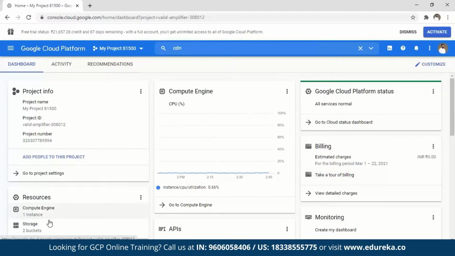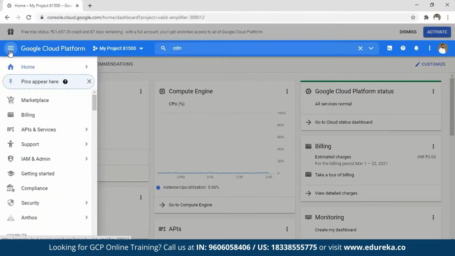You'd get to know what the resources are. You can see that there are two storage buckets, one compute engine that we created a while ago, and one of the buckets that you saw how to create, right? So all the information would be available in your dashboards, and this can be done by your monitoring and logging services that you have. Okay, what are the other things that we can do here? Let's just go ahead and take a look at those.